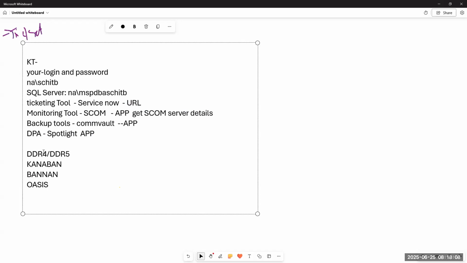Other tools I am not recalling because this was almost 7 to 8 years ago. A different variety of tools: ServiceNow is one tool, SCOM is one tool, Commvault is one tool, Spotlight is one tool, DDR4 one tool. See, 1, 2, 3, 4, 5, 6, 7, 8, 9. There are other tools also; almost 15 tools we used to use.